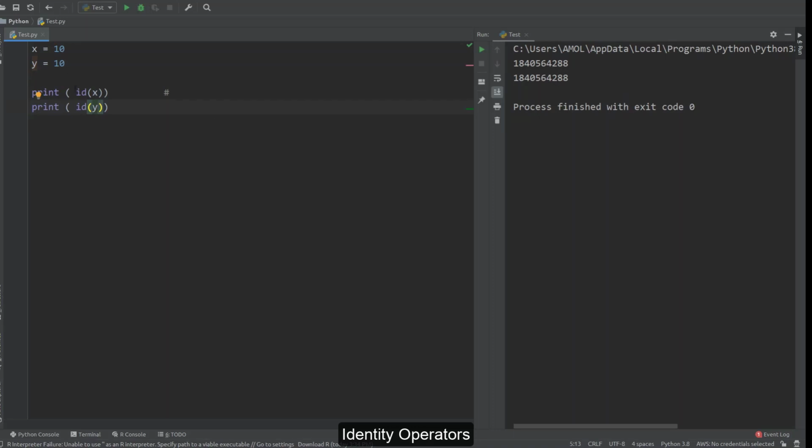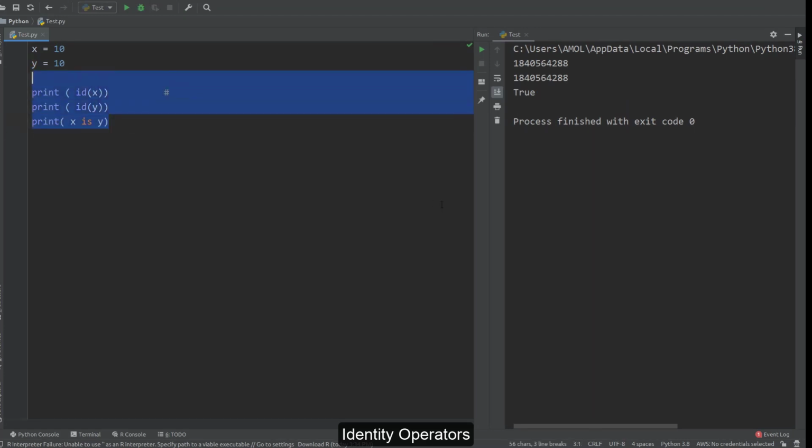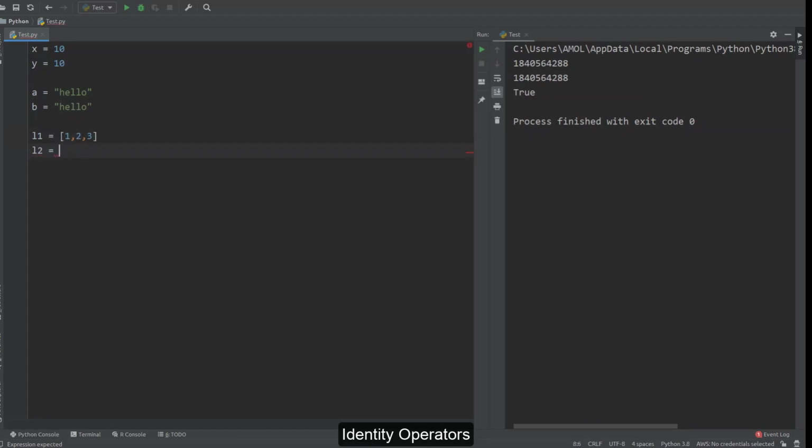So this true value, see, this is what we have printed actually. This true value we are getting is not for the 10 value but for this id. Okay, see, here we can check this difference. We'll do one thing. Here I am creating other variables, a and b, with strings, and then we'll create two lists. Now don't bother about what a list is, how to define a list and all that. That we'll see afterwards. Right now only consider a list like an array.